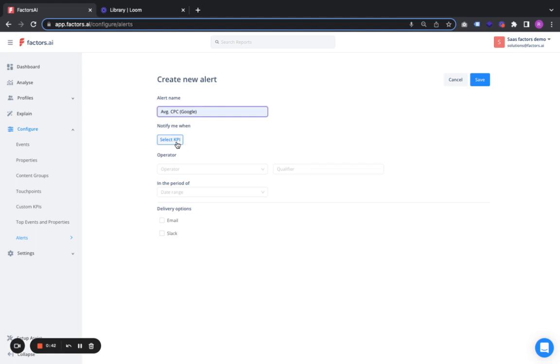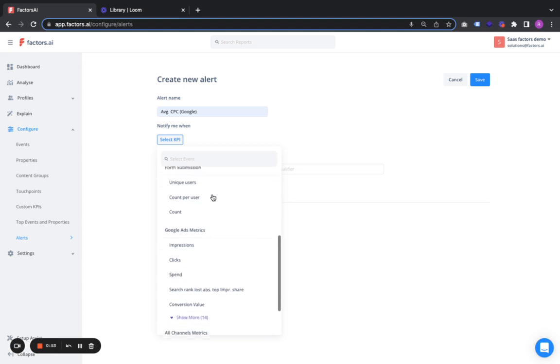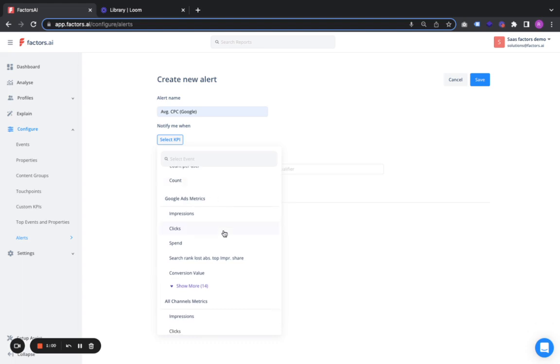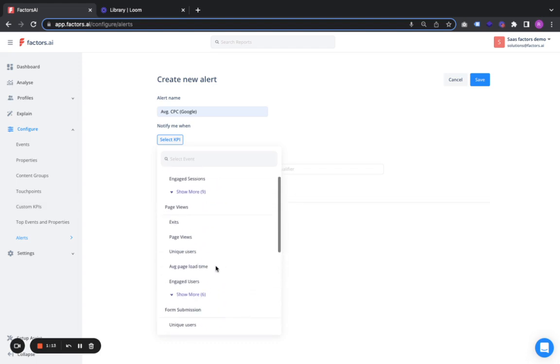The next thing you need to do is select the KPI for which you want this alert. So today inside Factors, all default KPIs which are part of Factors would be automatically populated over here. And any custom KPI that you create, which is using either one of your CRM properties like MQLs, SQLs, etc., will also start populating in this list. So a prerequisite to have those kind of KPIs listed down over here would be to create a custom KPI, but in the absence of it, we can always go ahead with the default KPIs